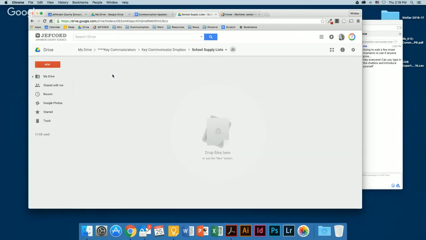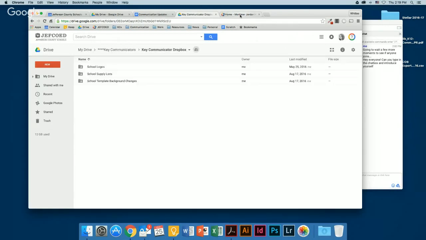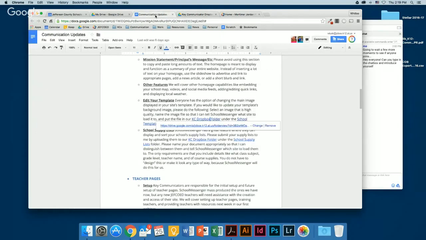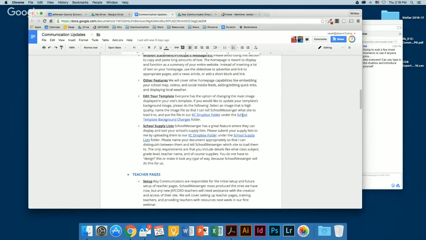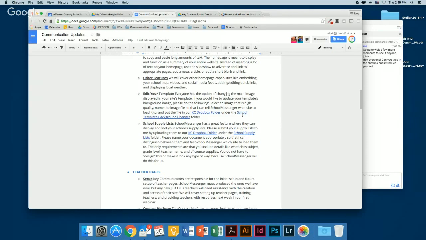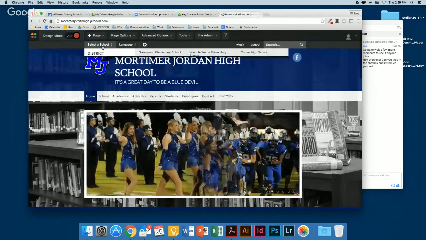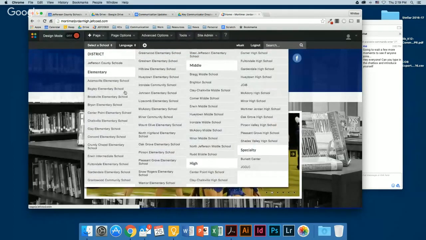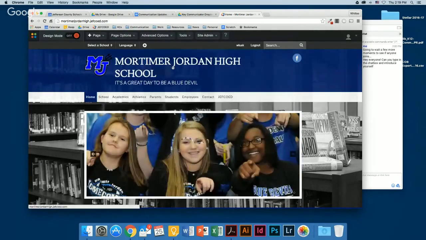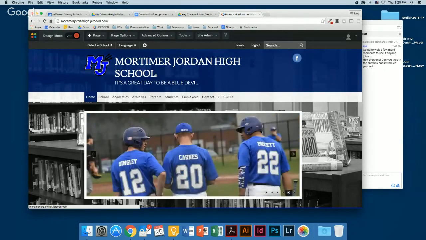So currently nobody has requested that. Let's see if anyone's got supply lists. Not yet. Okay. So also if you have any trouble with your school colors still, let me know and we can get those adjusted as well. I went in and previously only a few of our schools had the word school written out right here, which is what populates to this main header right here.